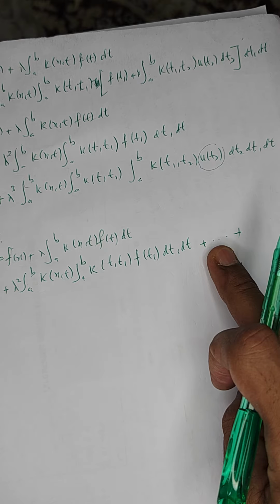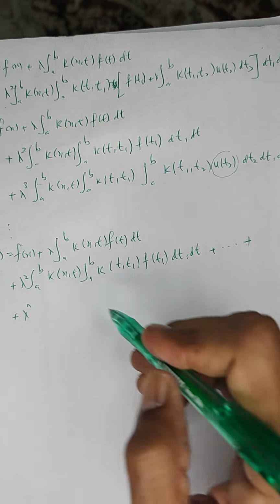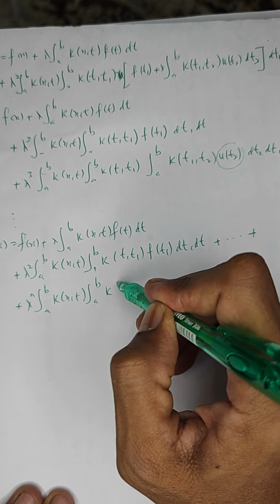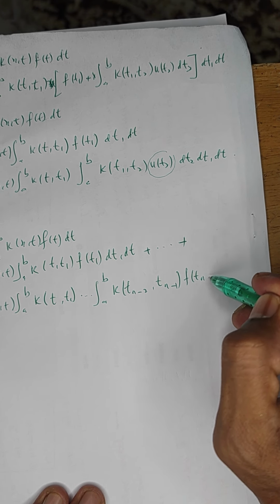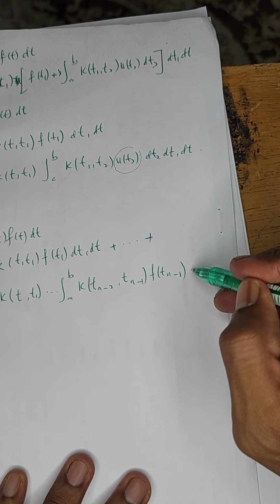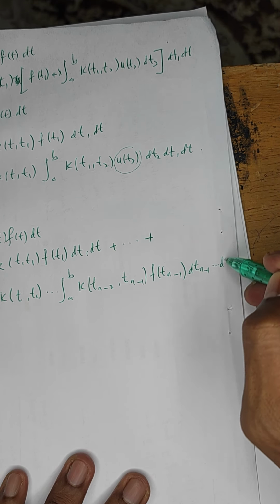You have lambda cubed, lambda to the fourth, and so on up to lambda n, integrate a to b k(x,t), integrate a to b k(t,t1) and so on, integrate a to b k(tn-2,tn-1) f(tn-1) dt(n-1) up to dt1 dt,